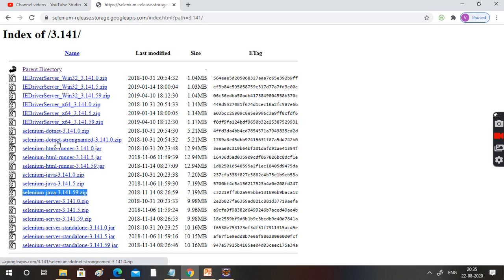Once I complete this Selenium Java series, after that I will explain the Selenium C# series, so I'm not going to touch it right now. This one is needed if you want to run your test script using the IE browser, otherwise you don't need it. So the number of files required is 1 and 2. Only this much? Yes.